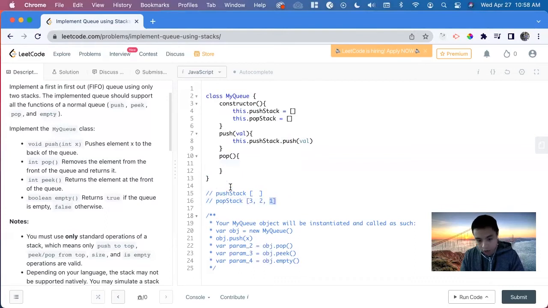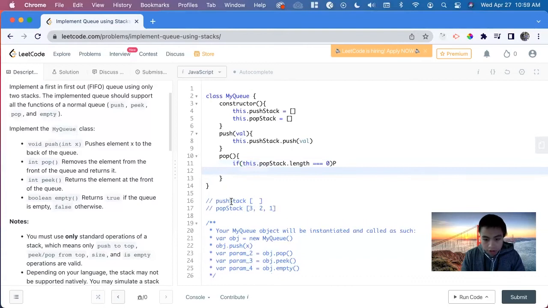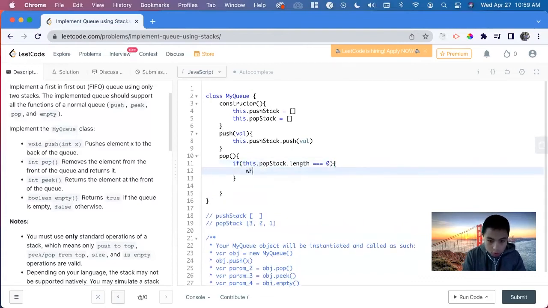If it doesn't, we'll have to iterate through push stack. So if this dot pop stack dot length is equal to 0, we traverse the push stack while push stack dot length. So while it still has a length,